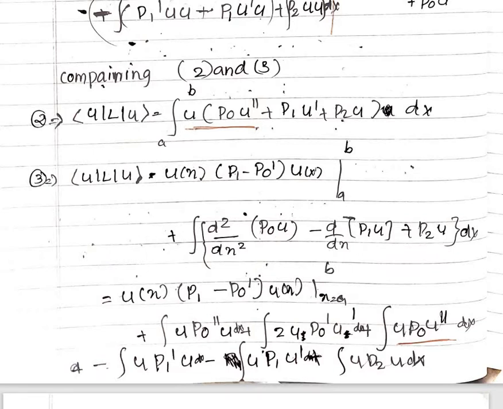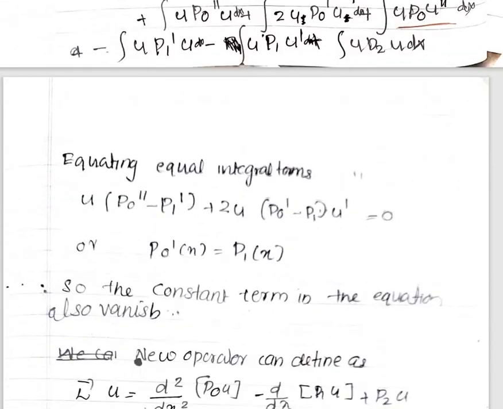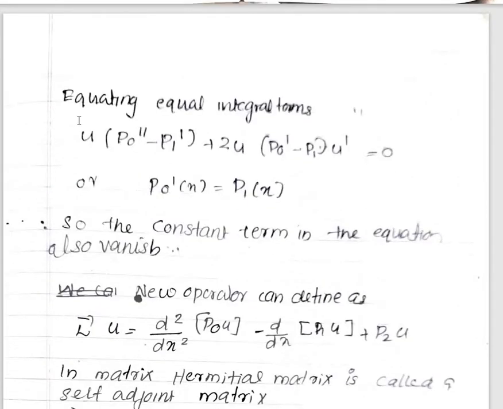So when you compare each term, you will get an equation like this. On equating equal integral terms, you will get u into bracket u p0 double dash minus p1 dash plus 2 u p0 dash minus p1 u dash is equal to 0,